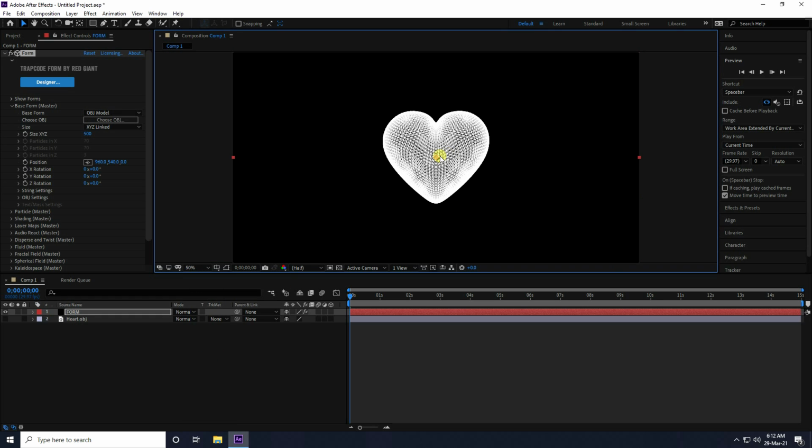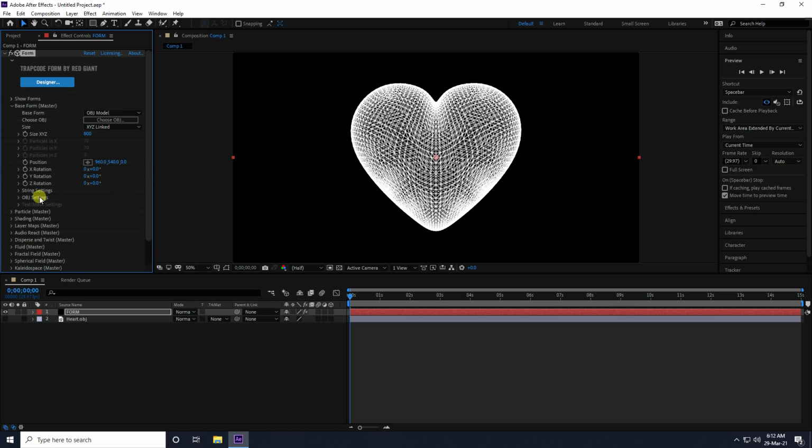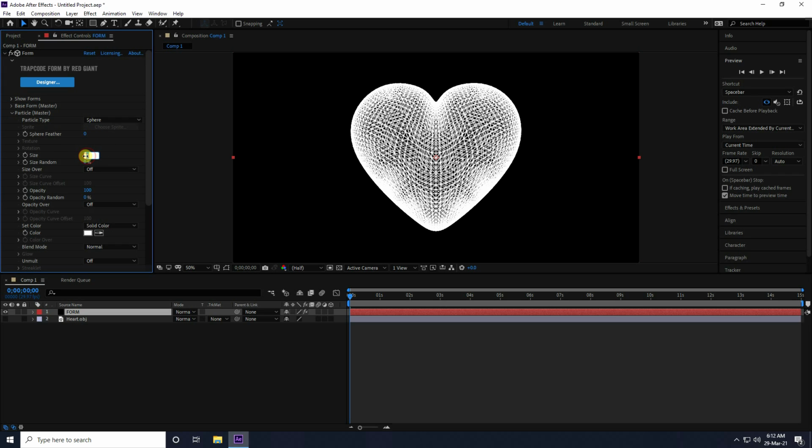Okay, so now guys go to Scale Size. That's my scale size, increase like this, decrease a little bit, like 800, right? Okay, so now guys go to Particles, Sphere Feather like 0 and Size I like 0.8.